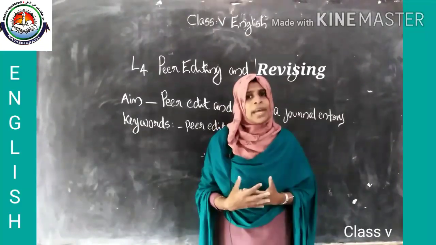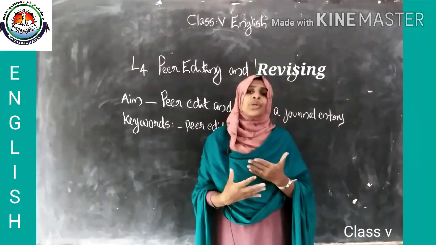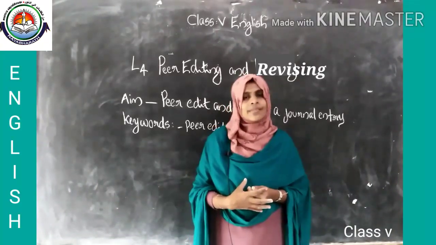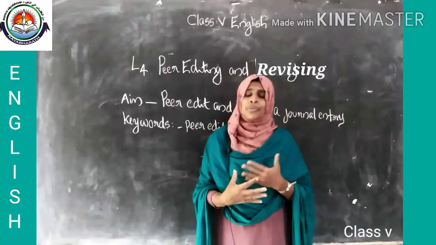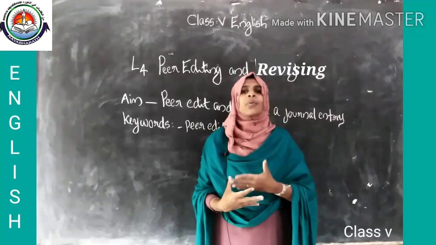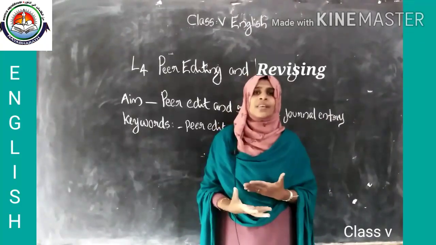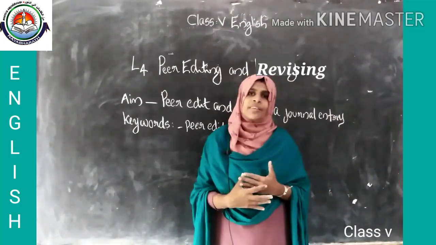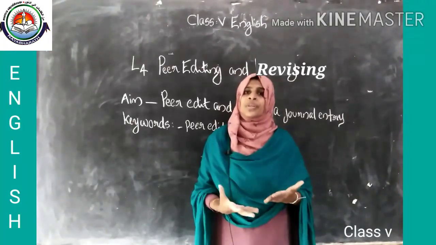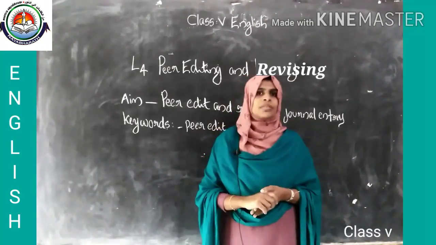Actually this is a classroom activity, but now you are at your home. You can do it yourself or you can seek help from your parents or from your siblings. Okay, if you are doing it yourself, you have to read your writing once more, then fill out the checklist in S4. If your parents or siblings are doing this, what you have to do is let them read your writing and fill out the checklist in S4. After reviewing, you have to underline the mistakes in your notebook.